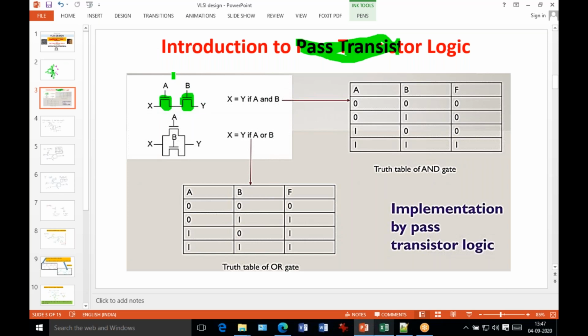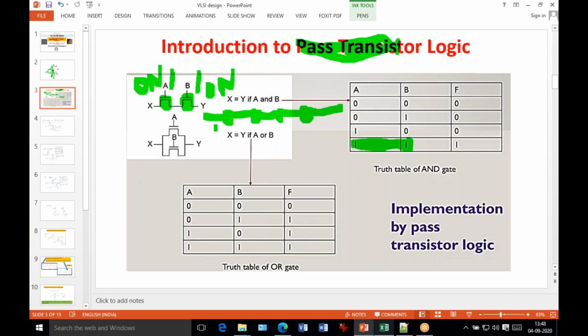So now, if you put logic 1 here, and this is also 1, if A is 1 and B is 1, both inputs are 1. That means this is on, and this transistor is also on. So now what is the circuit? The circuit is a short circuit. This is actually like a wire. So what is a wire?